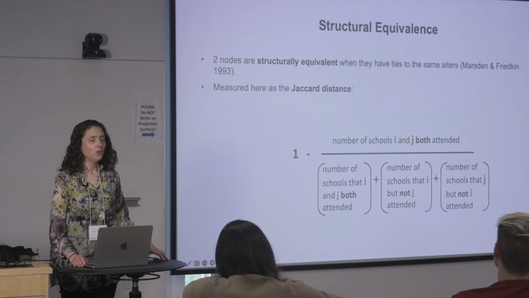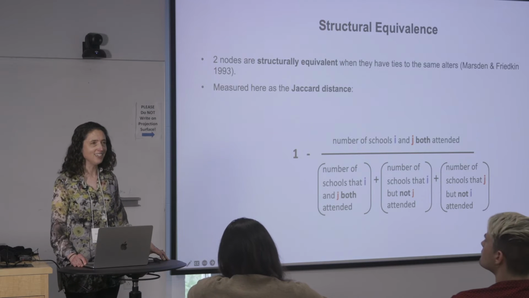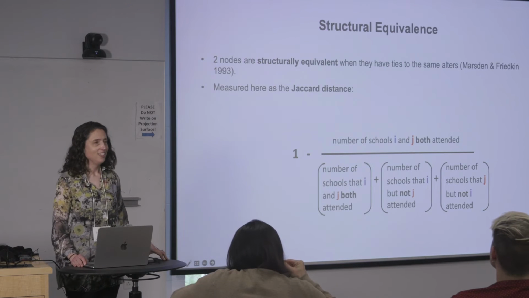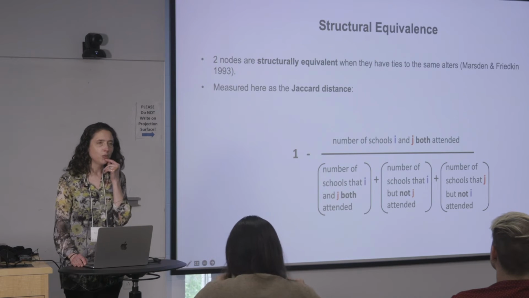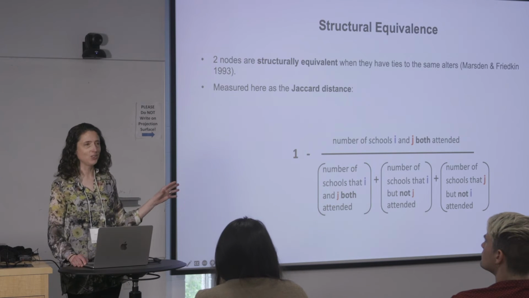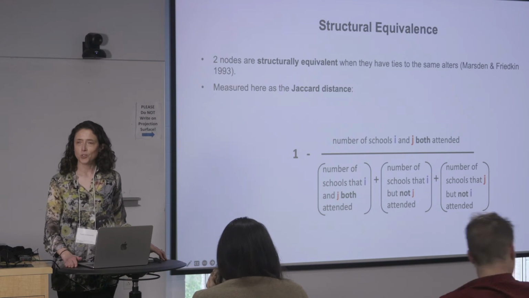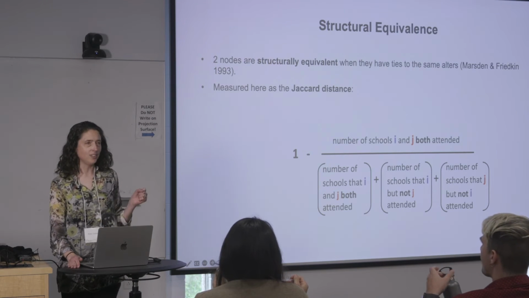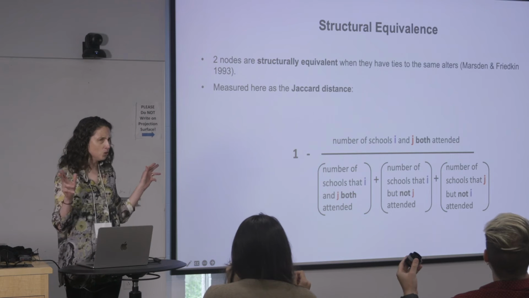The next thing we tried was what I will call structural equivalence. And it is in the sense that I measured the Jaccard distance for every dyad in the bipartite network. It's not really structural equivalence because I did not then take that matrix of Jaccard distances and turn them into clusters. If you saw Jim's presentation on block modeling yesterday, that's a thing you've got to do if you're doing block modeling, if you're doing structural equivalence. I didn't do that, and the reason was that I actually wanted this matrix of network distances that was kind of theory neutral, right?